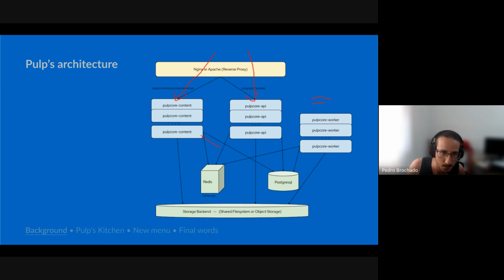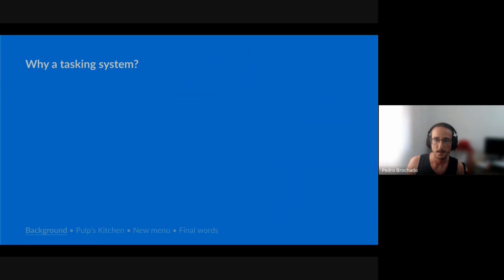You can see here some transitive communication using the database. That's a very important thing to keep in mind about the inter-app communication, and it's also important to understand why we need it in the first place.